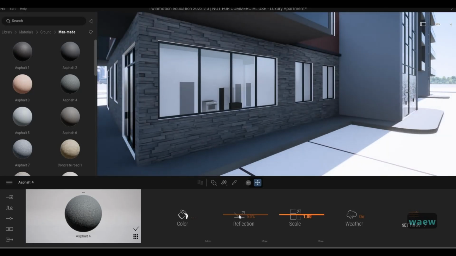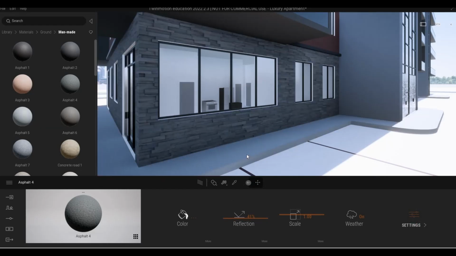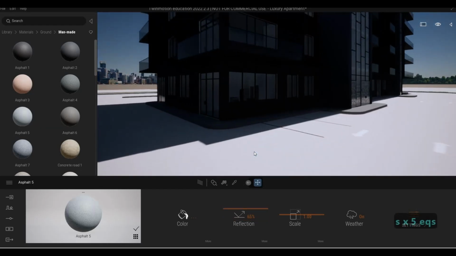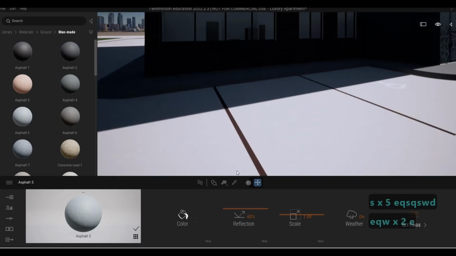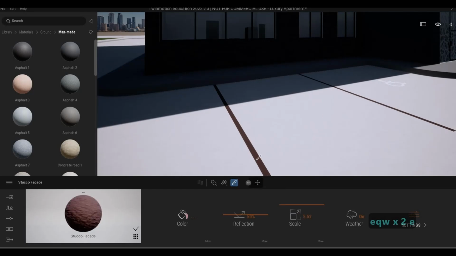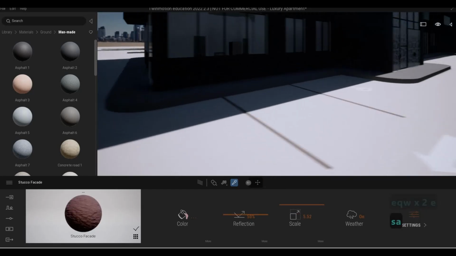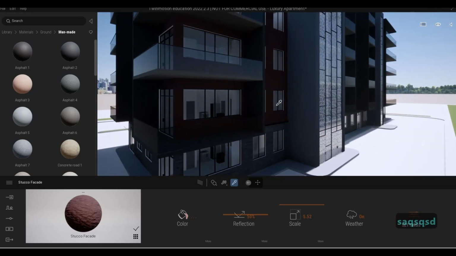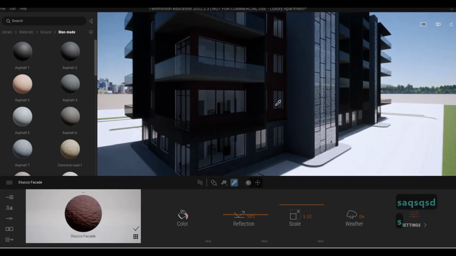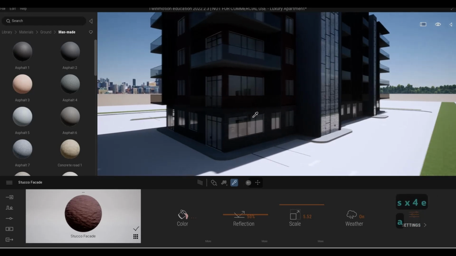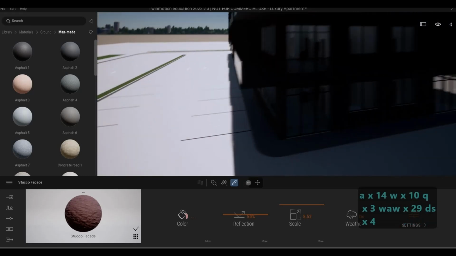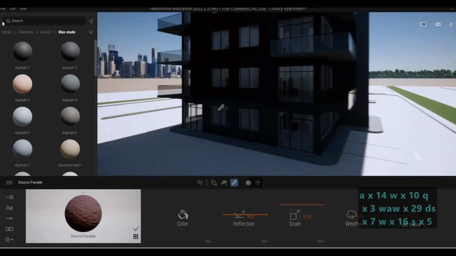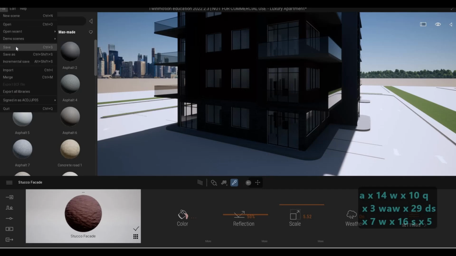I'll probably use another one that is lighter, and then here, this one is stucco facade because the paint that we use here is different. So what I'm gonna do is we need to go back to Revit in order for that to be resolved. So let's save this first,